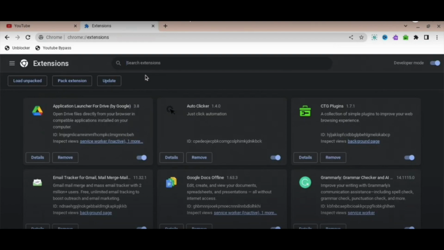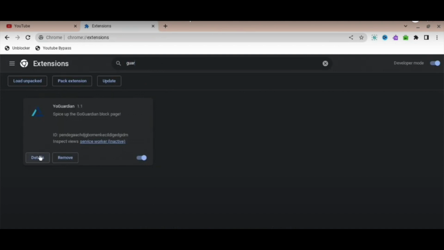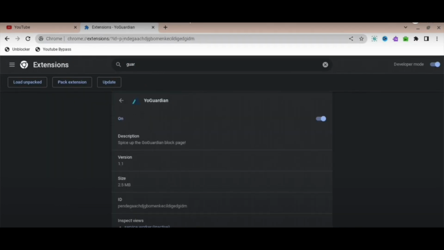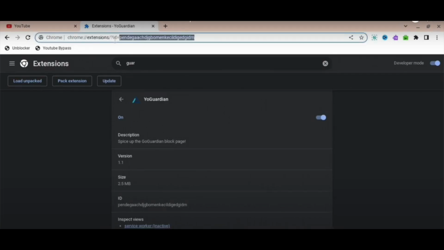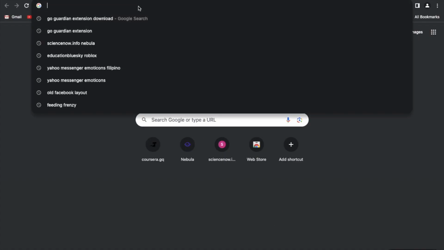Now once you're inside extensions, go to the search bar above, and then search for the GoGuardian extension, like so. And then under that, click the details as pointed on the screen. And then once you're in, go to the URL above and then highlight and copy the GoGuardian link, and then